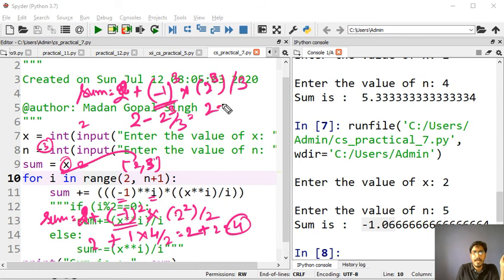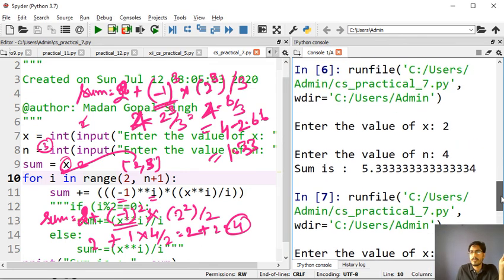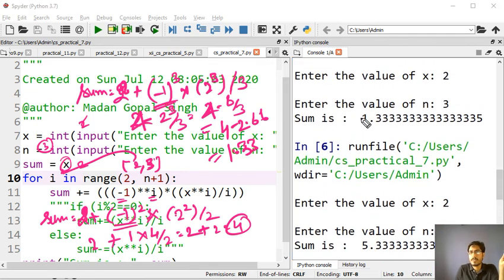Sorry, the value of the sum was initially updated to 4, so it will be 4 minus 8 by 3. 4 minus 8 by 3 is 2.66 subtracted, so it will become 1.33. That's why the output 1.33 was coming for 2 raised to power 3. See here. So both the logics are fine. Whatever you like, whatever is easy for you, do it with that logic.